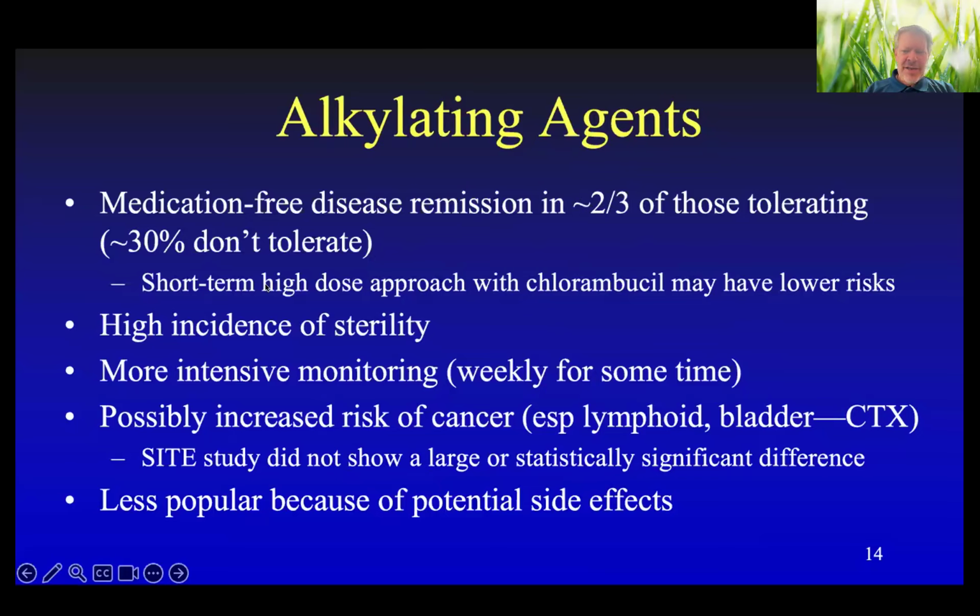And there's a short-term high-dose approach with chlorambucil that's been used almost exclusively in Chicago that looks promising, but we've mostly been afraid to use it, where they escalate the dose pretty quickly and then just stop it once the patient begins to become aplastic from it, and then they often seem to remit after that. The use of alkylators is limited because there's a high incidence of sterility, as much as half,